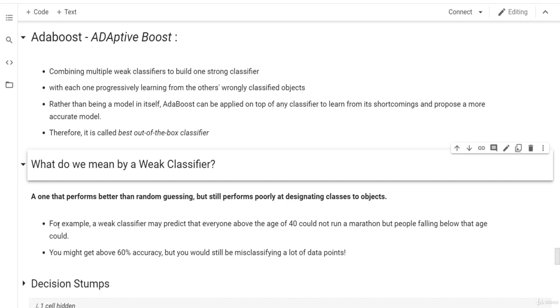So it's better than random guessing, and it has some intelligence in it. You might get an accuracy above 60% or 70%, but you would still be misclassifying a lot of data points because, as you know, a lot of people can really run marathons and they are above the age of 40. Okay, so this is a weak classifier.